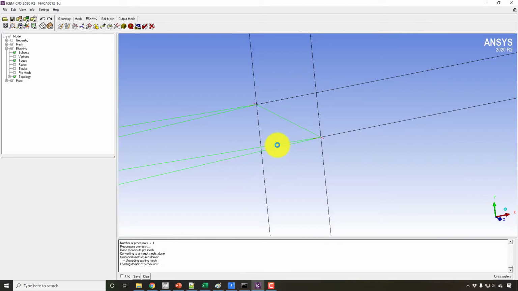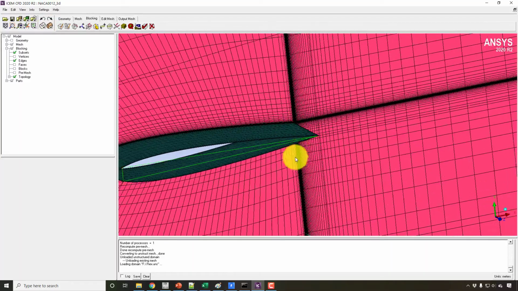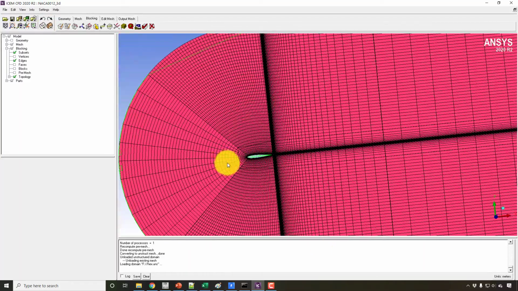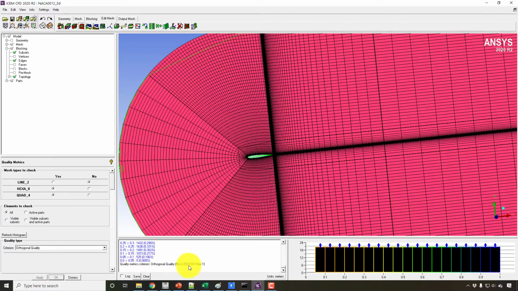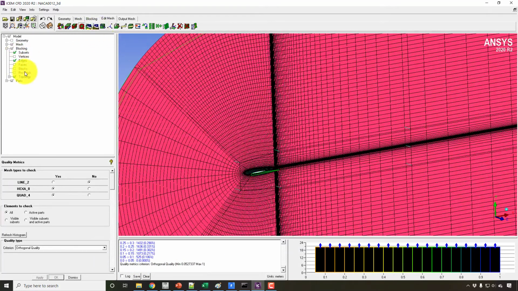This is a very repetitive type of work, and it might be boring to you, but it is very necessary for any CFD simulation. Again I need to check the mesh quality, and now it's 0.05.